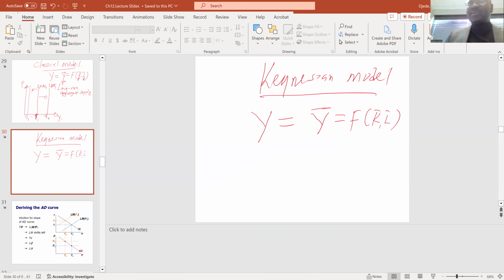Keynes argues that is true. But sometimes Keynes allows for two other scenarios. Even though actual output, this Y without a bar, is the actual output that the economy produces, you can label it actual output. This Y bar is your full employment